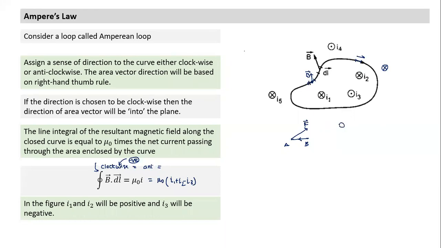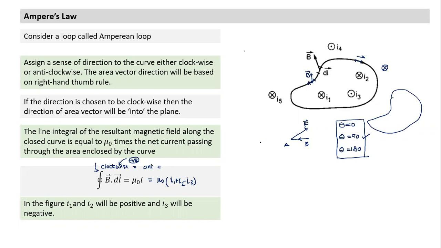Either theta is 0, theta is 90, or theta is 180. These are the only three cases we'll apply. Other cases become too complicated. So we use Ampere law only in case of symmetry. Can the loop be not in the plane? Yes, it is possible. You can choose a loop which is not in the same plane. You can choose a different loop. So it's not mandatory that the B vector will lie in the plane of the loop, and the loop need not be in a plane. It may not lie in a plane.